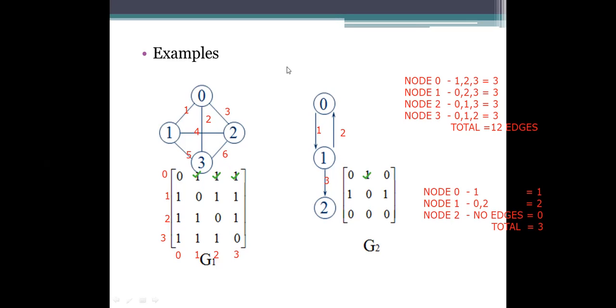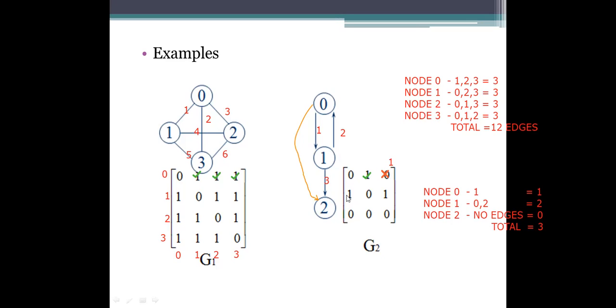If I provide a connection to this 0 to 2, then this 0 will be replaced by 1 here. Okay. And if there is no such connection present, what we are doing is specifying it as a 0 itself.